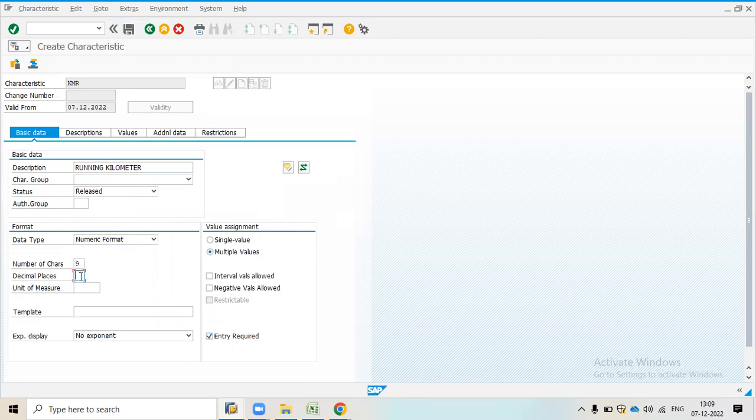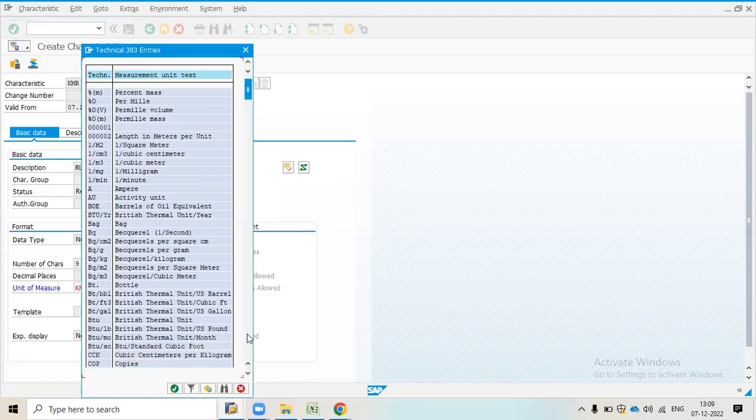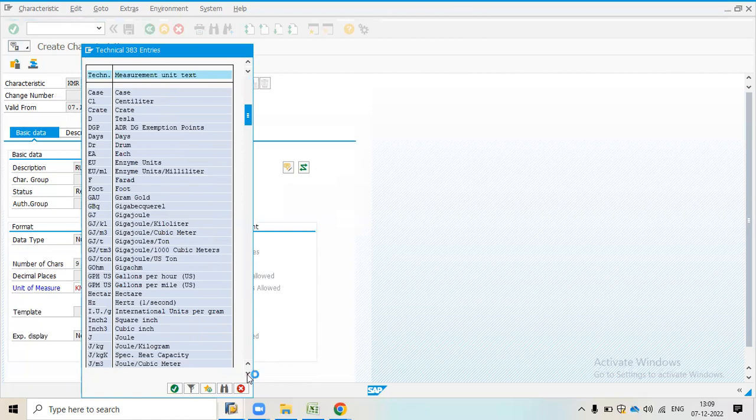In decimal point I am not considering, and unit of measurement I will take as KMR. It is not showing, so I will take KM. It is also not showing. I will try to search from here, because sometimes a unit of measurement is not maintained, so we need to create it.